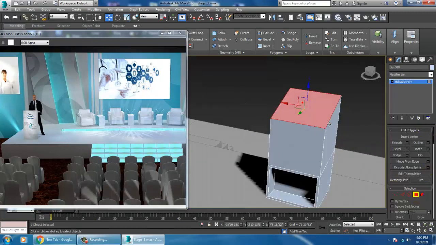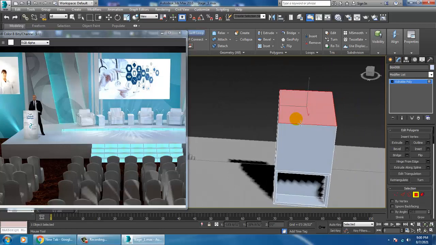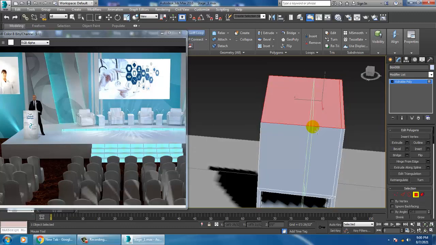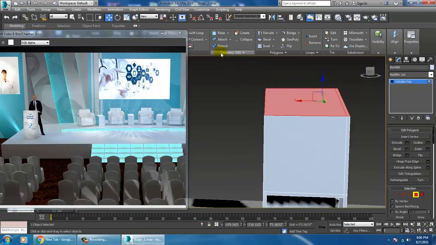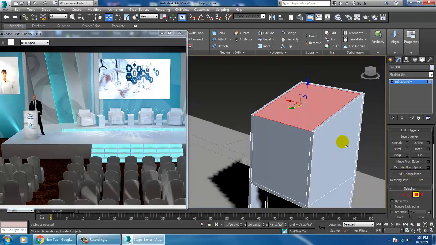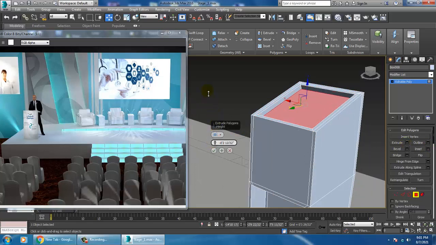Select this polygon, inset it, extrude it, not much, a bit, this much is okay.